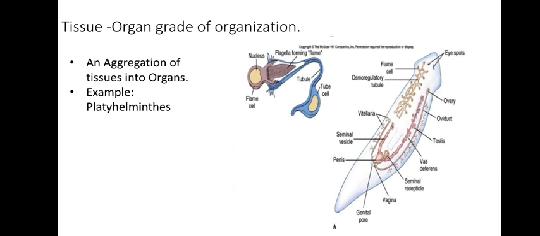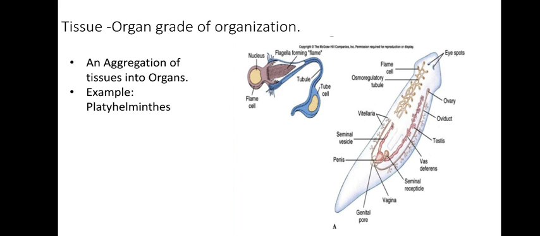And the next level of evolution is that all these different kinds of tissues aggregated to form a particular organ. Like for example, in our case, we have the stomach. Stomach is an organ. Skin is an organ. Take an example of the stomach. This is an organ and it is formed of different types of tissues. It is formed of epithelial tissue, it is formed of muscle tissue. So stomach has muscle, then there is connective tissue, then there are blood vessels which carry blood to it, then there is a nerve fiber. So all these different tissues form the organ called stomach.